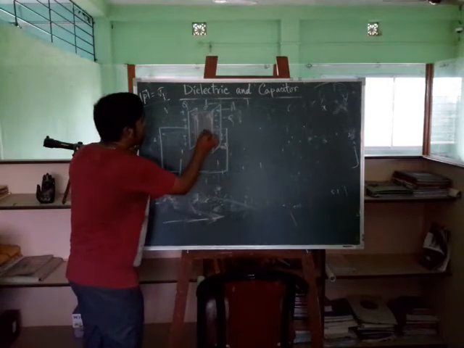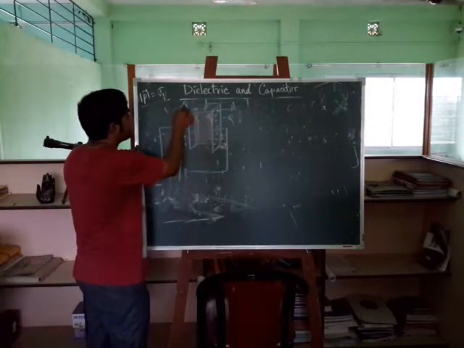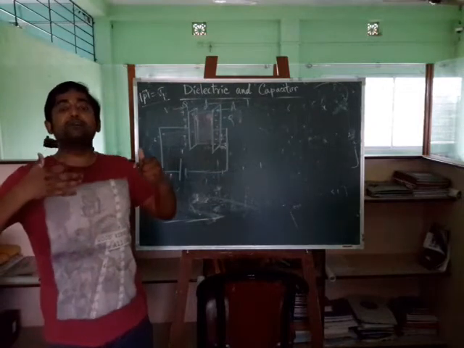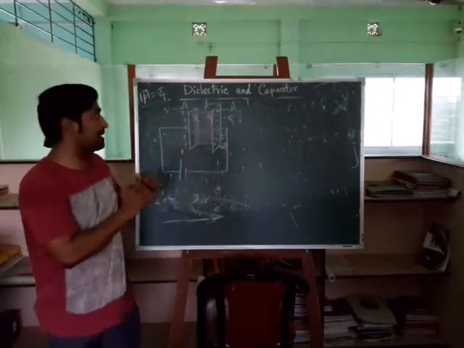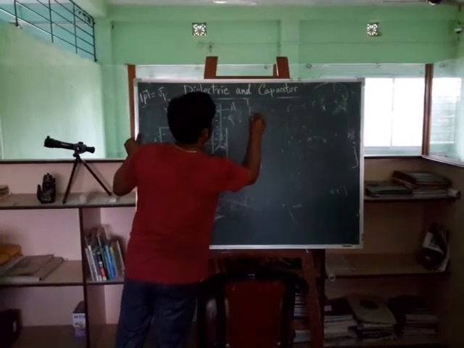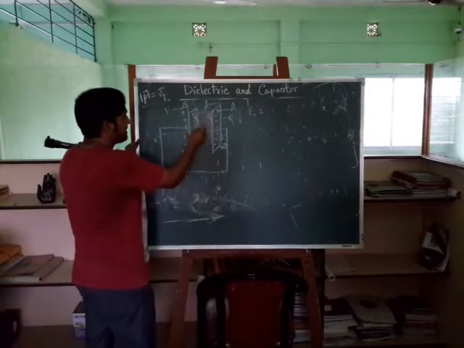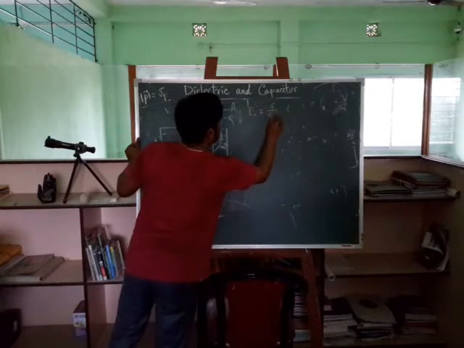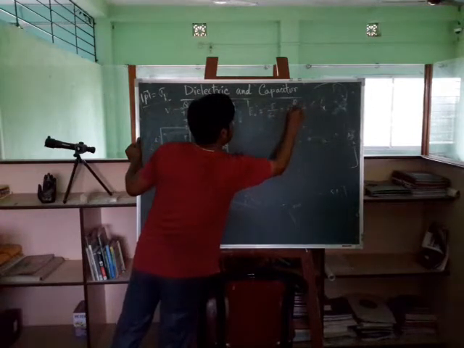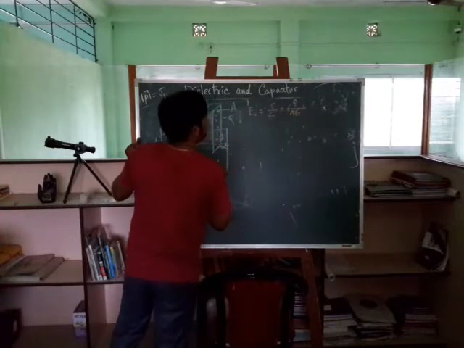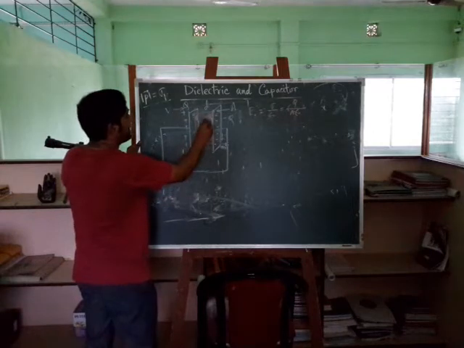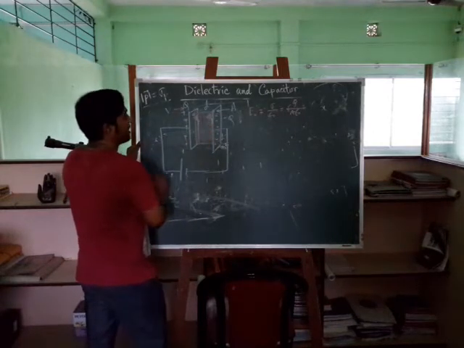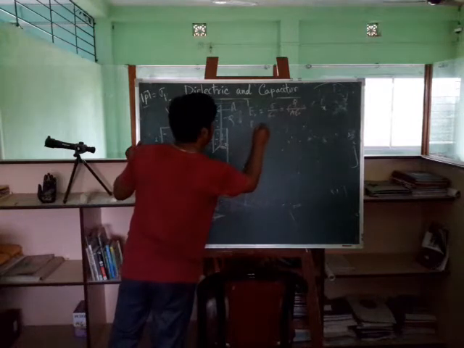Alright, what is the electric field at any point due to this free charge? Free charge means the charge that is given to the plate from outside, not due to the dielectric. So that electric field, we will call it external electric field, just to distinguish that from the electric field generated by this induced charge, and that is sigma upon epsilon naught, and sigma is the charge density, that is Q upon A, into epsilon naught, right? And electric field at that point due to this bound charge or polarized charge, that will be EP, and that will be sigma P upon epsilon naught.